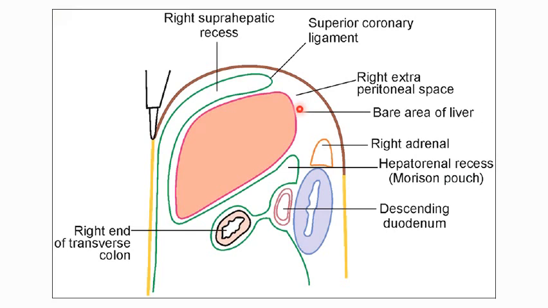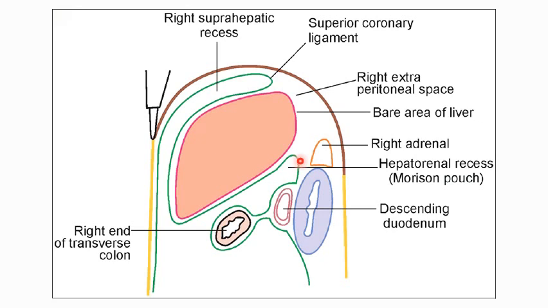Such areas anywhere in the whole of the abdomen are called bare areas. So in case of the liver, the biggest bare area is present between the superior coronary ligament and the inferior coronary ligament. So this becomes the bare area of the liver, and thus that is the right extraperitoneal compartment. The boundaries of that compartment are, anteriorly, the superior coronary ligament, posteriorly the inferior coronary ligament,